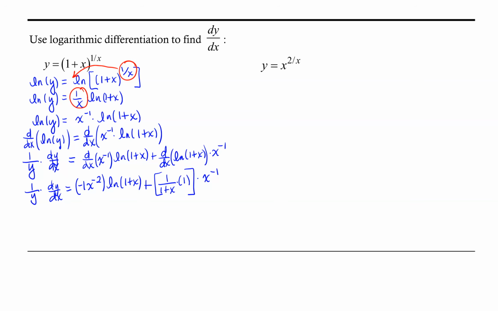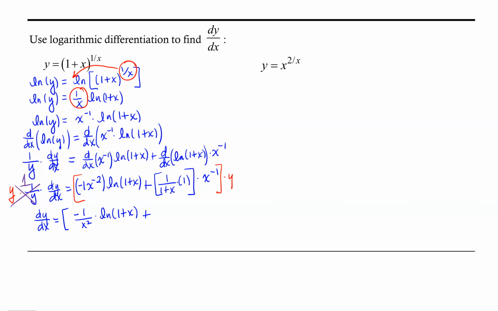At this point, let's go ahead and multiply both sides of our equation by y. So on the left-hand side, y times 1 over y gives us a 1. And so we have dy/dx equals, and now this negative 1 times x to the negative 2, we're going to write that as negative 1 over x squared times the natural log of 1 plus x,